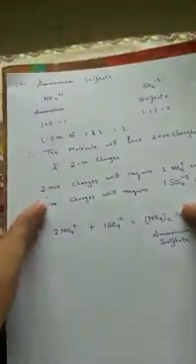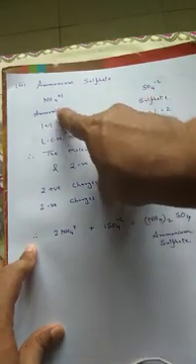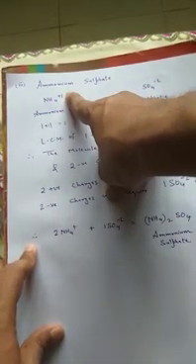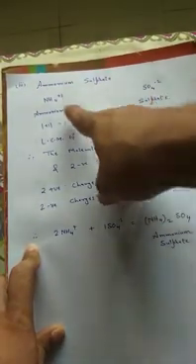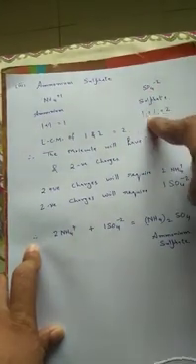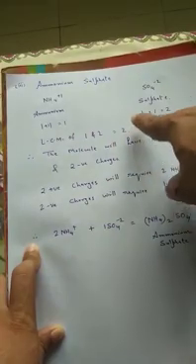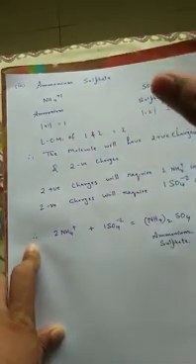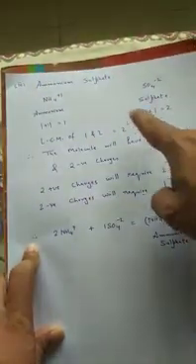Then let us study ammonium sulfate. It is made up of the ammonium radical which carries +1 charge and the sulfate radical which carries -2 charge. The modulus of +1 is equal to 1. The modulus of -2 is equal to 2. The LCM of 1 and 2 is equal to 2, which confirms that the molecule made up of ammonium and sulfate will carry 2 positive charge and 2 negative charge.